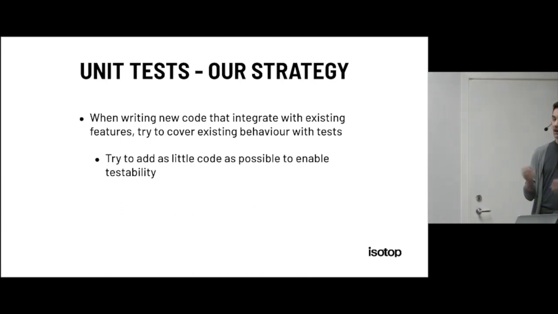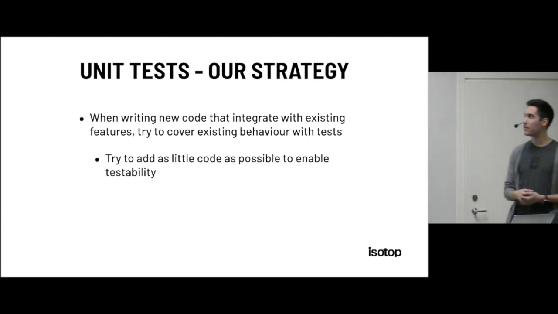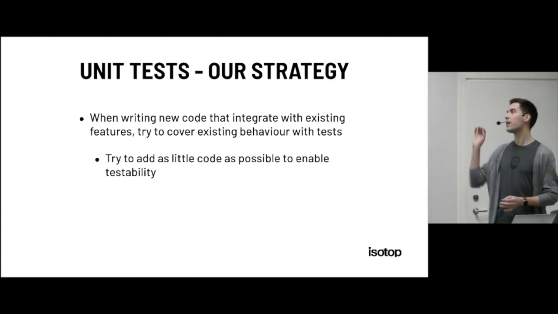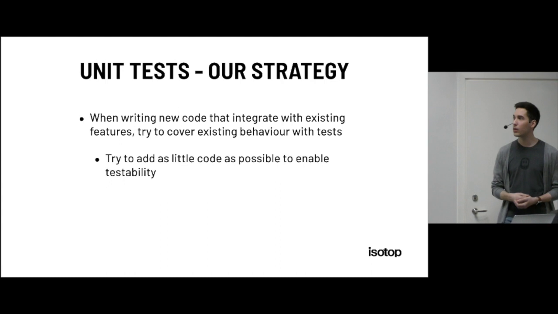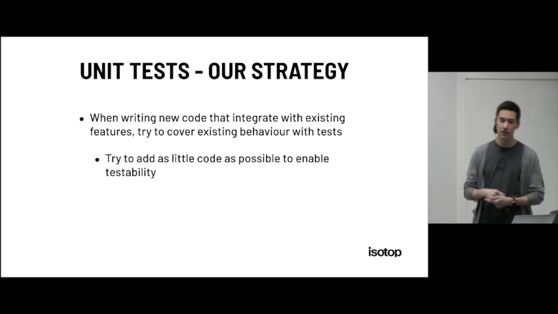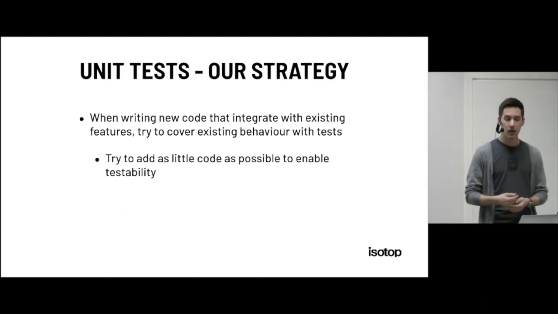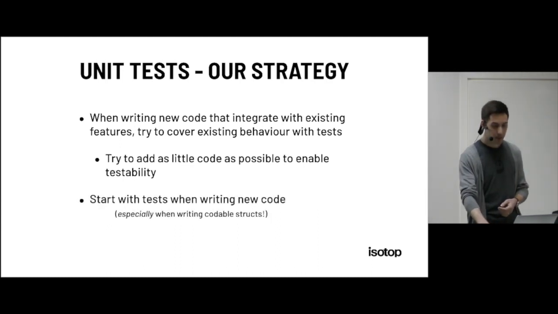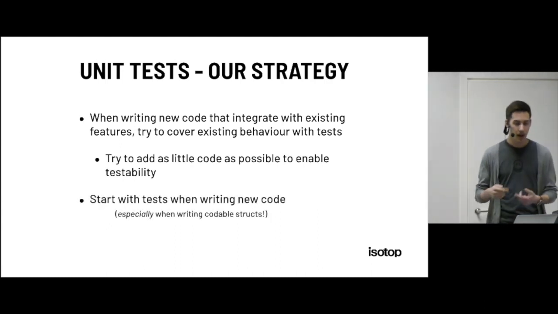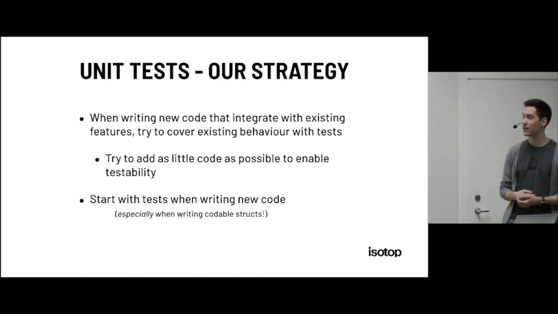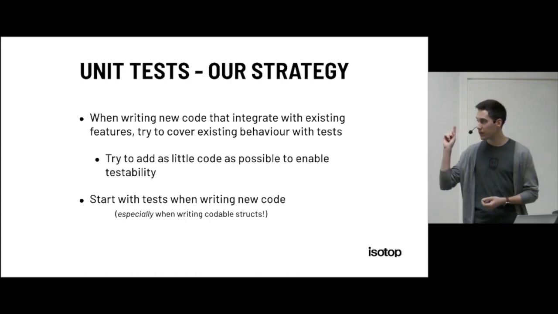Because it might be obvious to read it, but then it might behave differently, and there might be code paths that you haven't found. But it's important to try to add as little code as possible to enable testability, because otherwise you might spend a lot of time refactoring existing code, and that's time well spent making new features instead. And when making those new features, it's a very good idea to start with tests, especially when doing codable structs